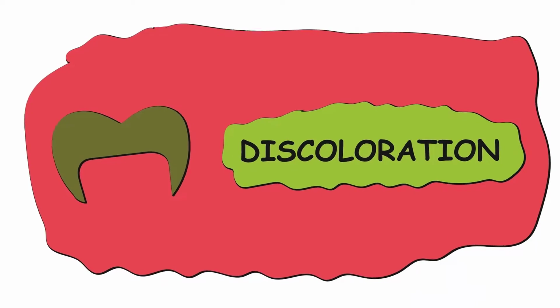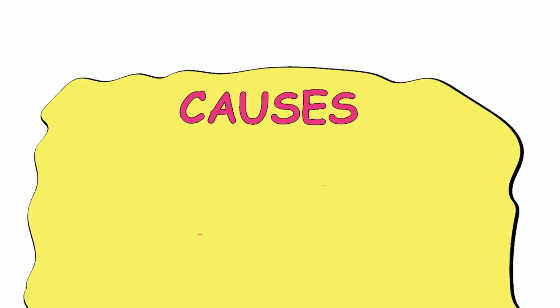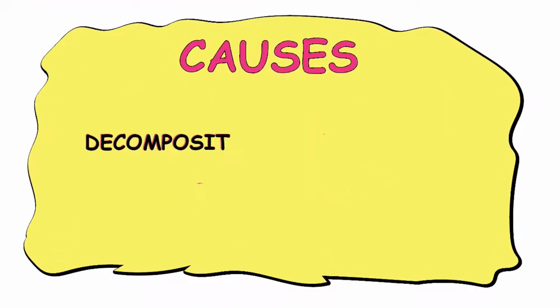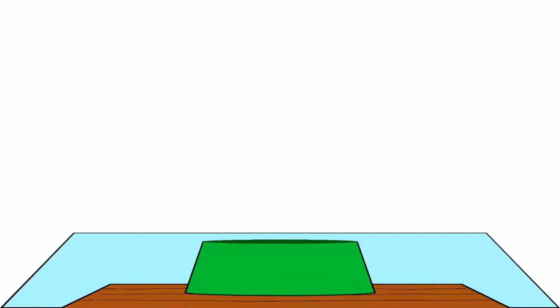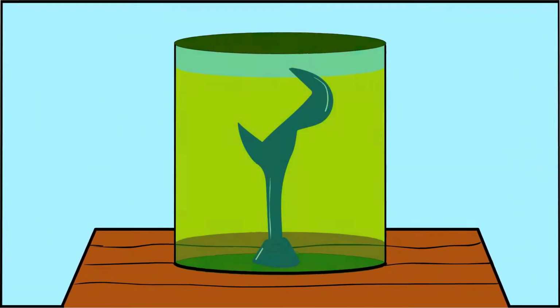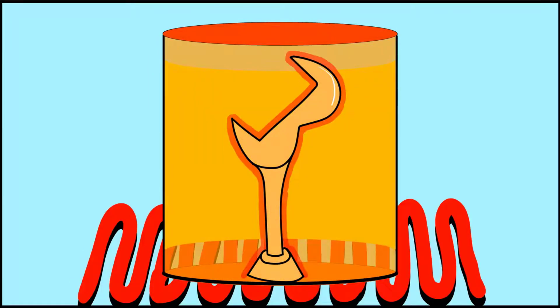The next casting defect is discoloration. The causes for discoloration include decomposition of the investment or incomplete wax burnout. During the burnout procedure, if the temperature of investment is raised too high, for example, in case of gypsum bonded investment material, if the temperature is raised above 700 degrees Celsius,